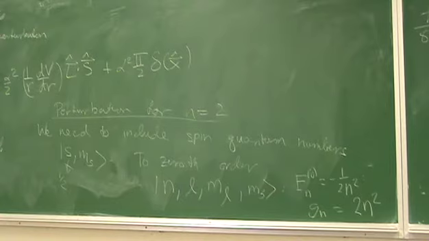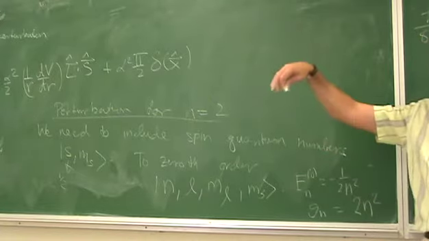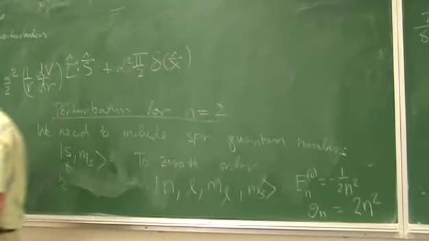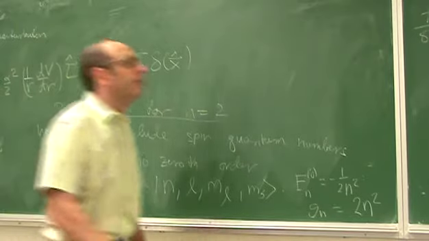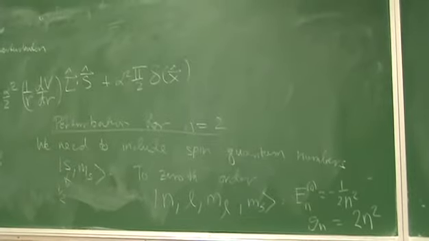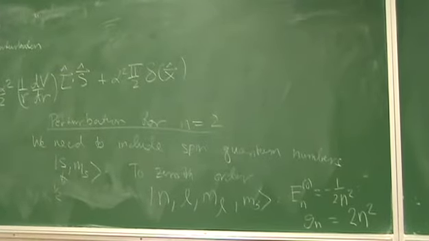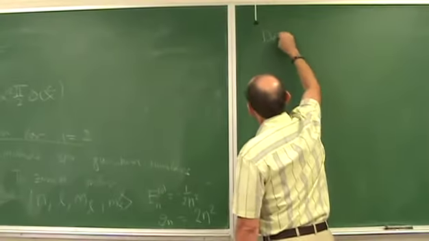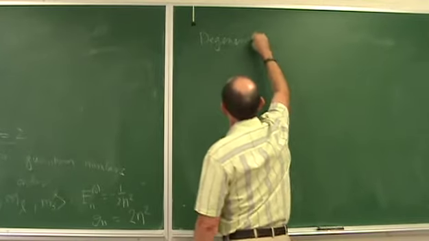Remember, n squared was the degeneracy we had in the absence of keeping track of the spin. This is just an extra label that floats around in the absence of perturbation, the spin up and spin down. All right, so now we want to include the perturbation. Firstly, how many degenerate states are there in the n equals 2 manifold? So we have to do degenerate perturbation theory.